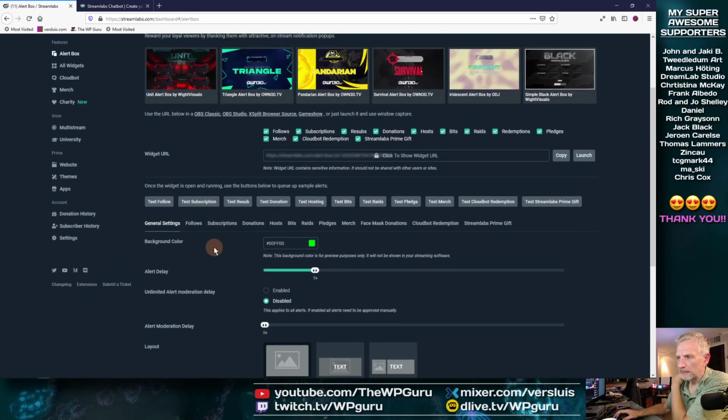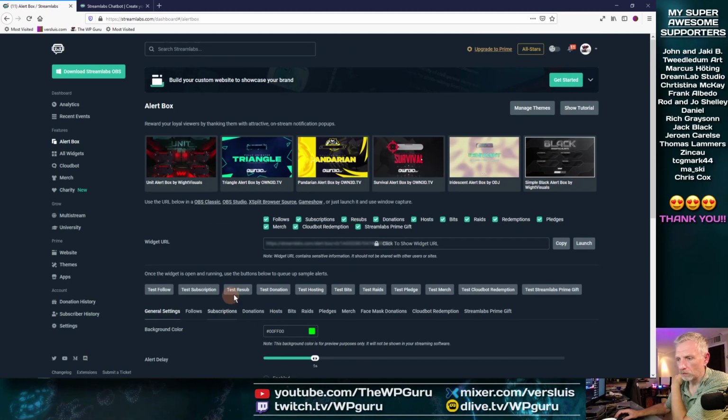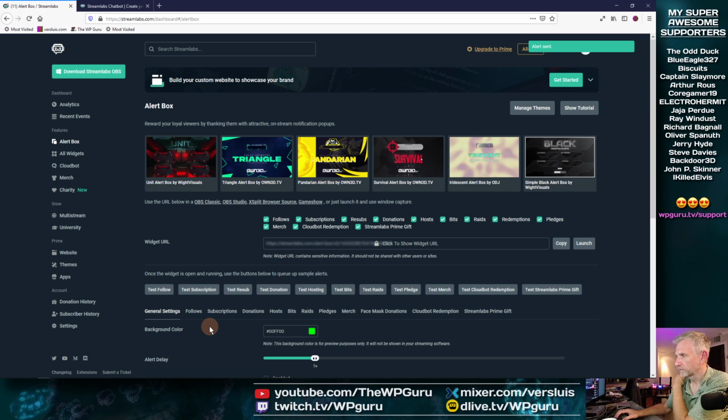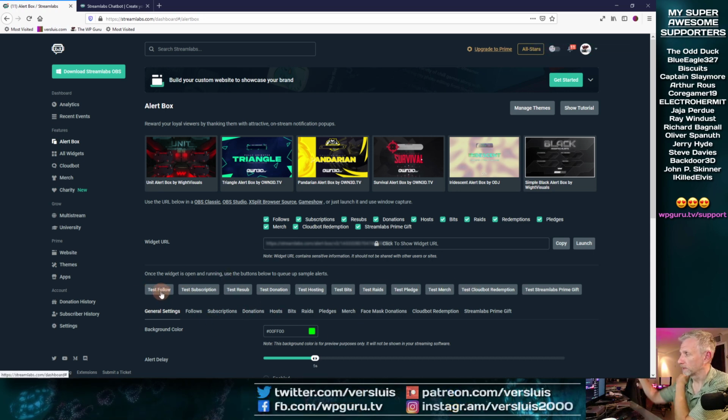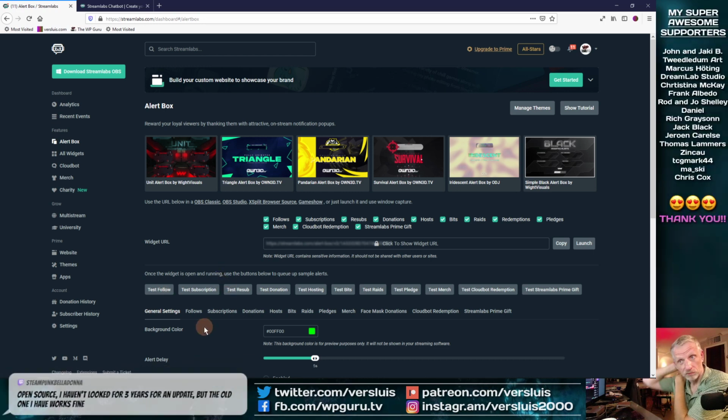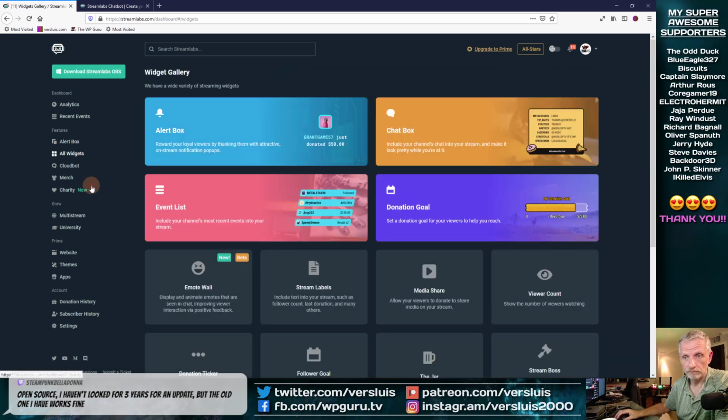These are those overlays, but they're working. I don't know why the tests don't work for me. I can't tell you that. Usually when you click any of these buttons here, that alert just gets triggered, and I don't know why that doesn't happen right now. Luckily we had somebody subscribe earlier and that did work, so that's all good. What else we got?